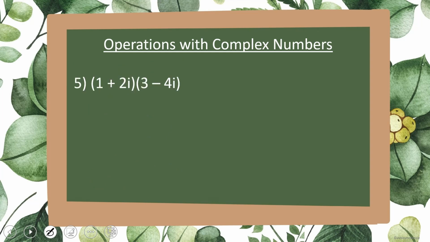Multiplying is a slightly different game, right? You can multiply unlike terms. So when we have something like this, we're going to distribute the 1, distribute the 2i,